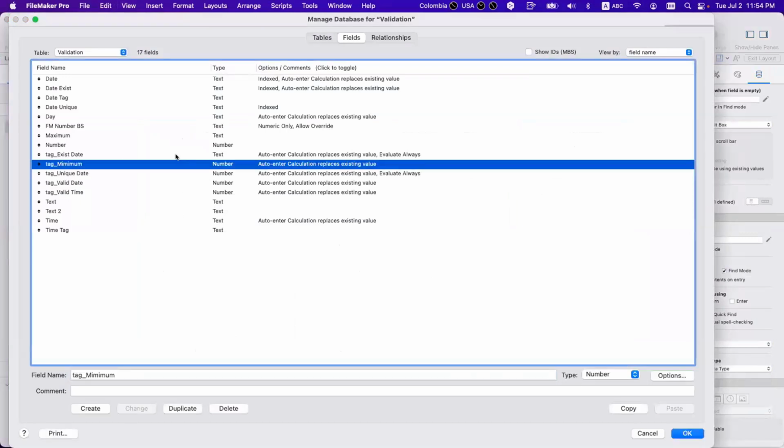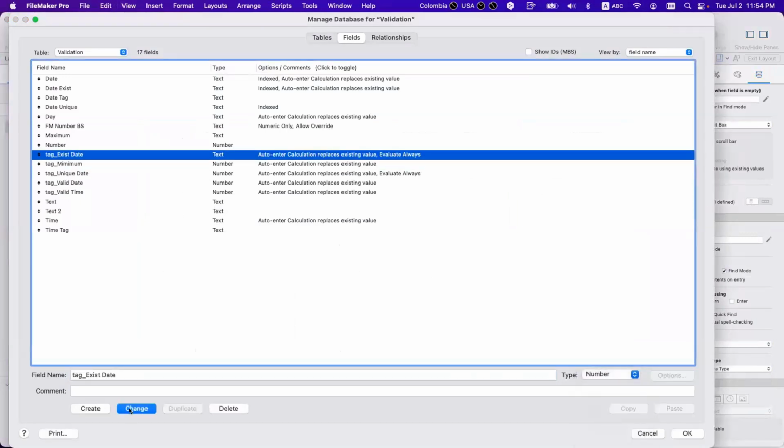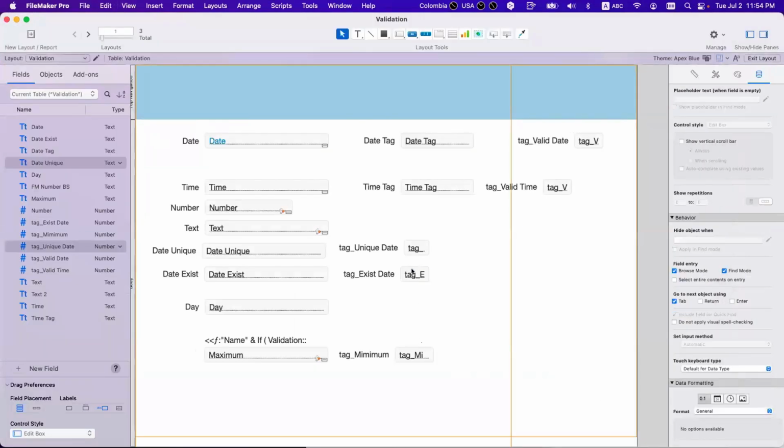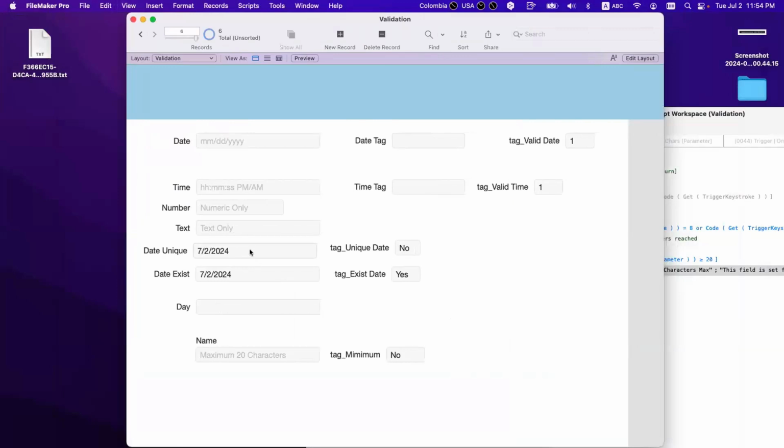Oh, number. There need to be numbers in order to get this Boolean working, okay? So is this unique? No. Does this exist? Yes. So, okay, let me recap, okay?